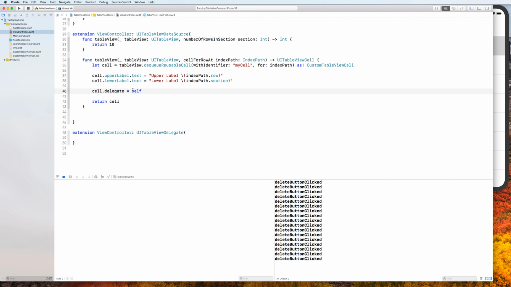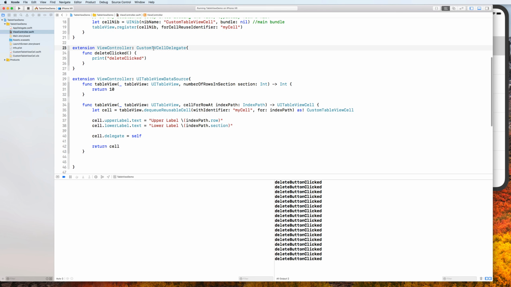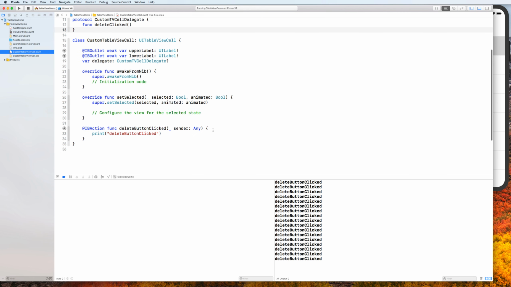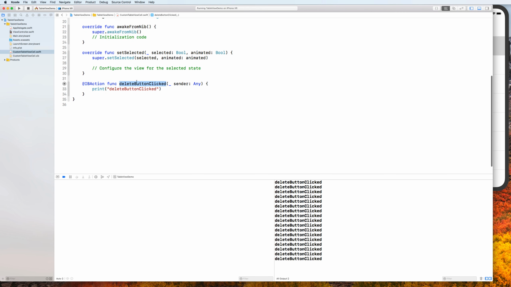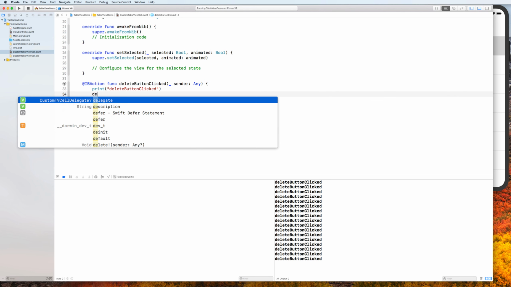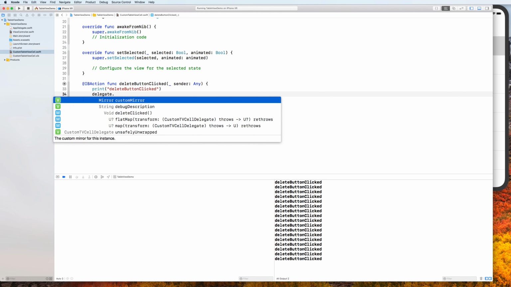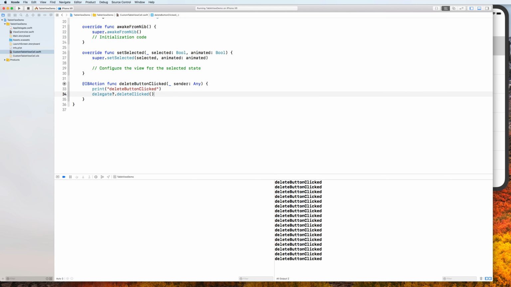What is self? Self is the view controller, which actually implements the delegate, right? Okay, so now what's going to happen is that when you click the button, we're going to call this function here, the delete button clicked. Now I want to also notify the delegate, so I could say delegate dot delete clicked. Okay, when I run it,